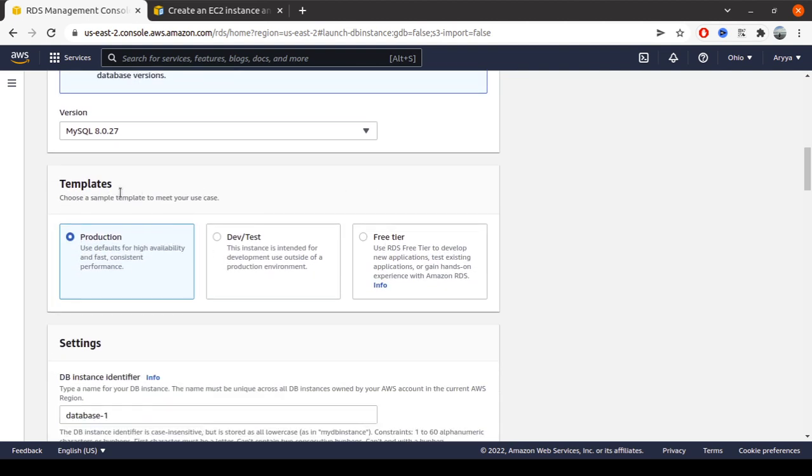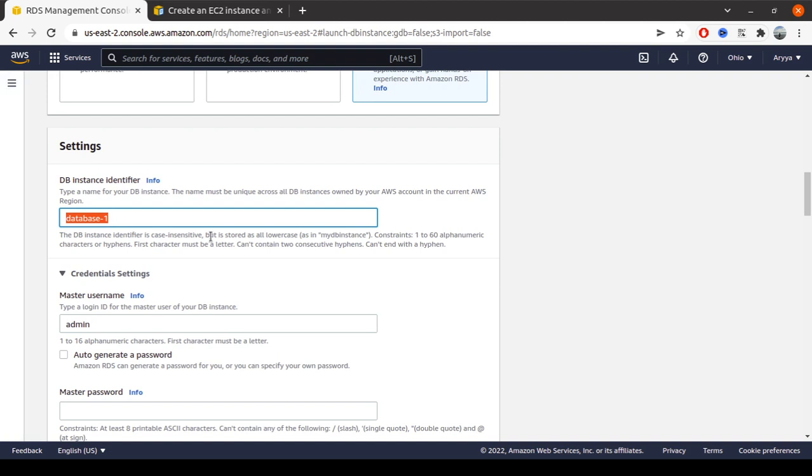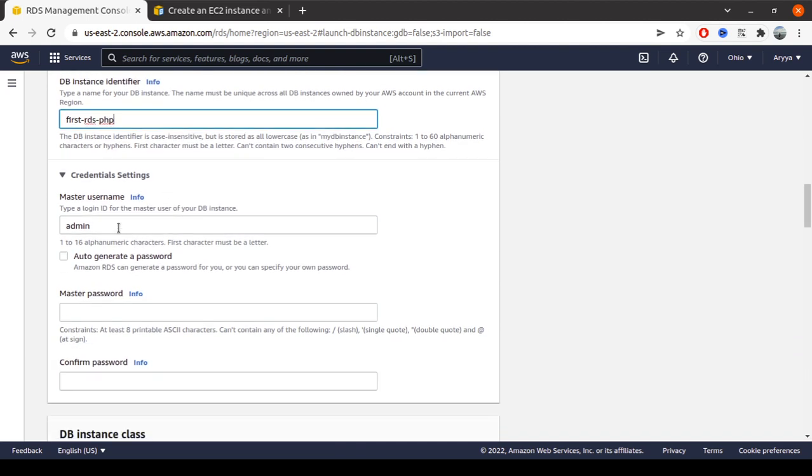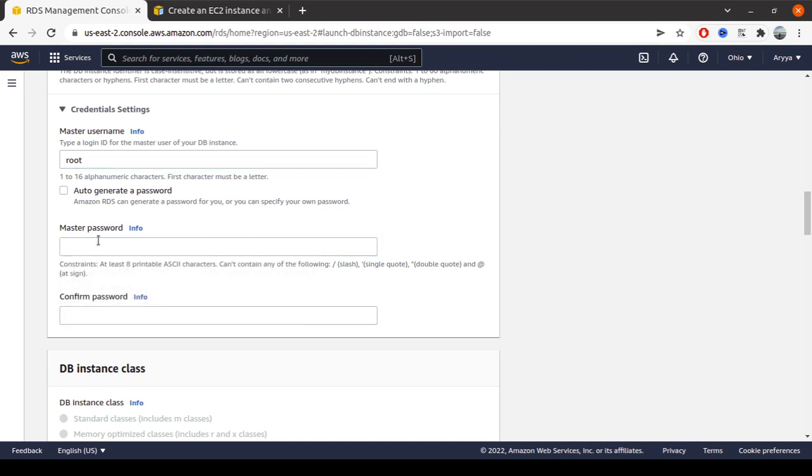For the template, because this is not production level, I just want to use the free tier, like developing something that will be terminated soon. The database name will be RDS PHP, and the username should be root by default, and this is the master password.